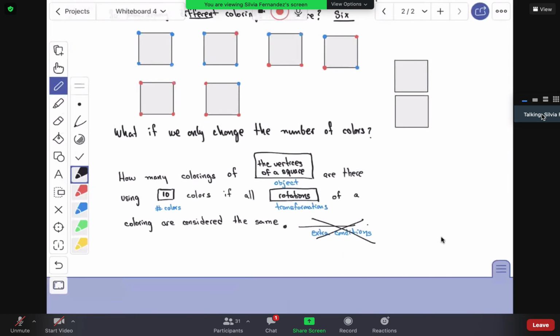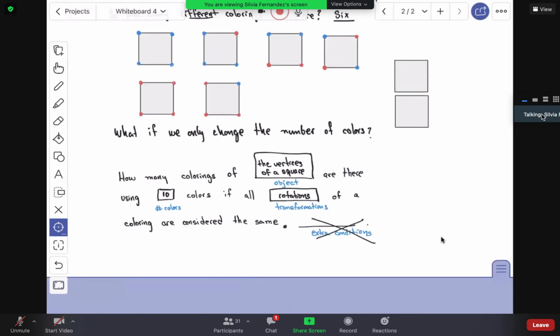Okay, and so here's the thing. As long as I know, we still need to count like we did here, right? Right now we don't have any method, but we need to count the same way that we did here. We will say, okay, if I only use one color, then it looks like this. But that color could be blue or could be red or could be any of the 10 colors, right? So this column will actually have 10 copies, one blue, one red, one green, one of each of the 10